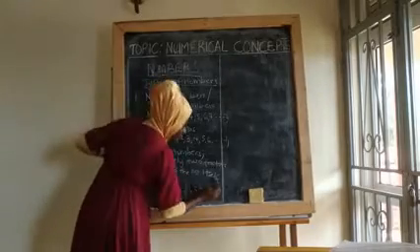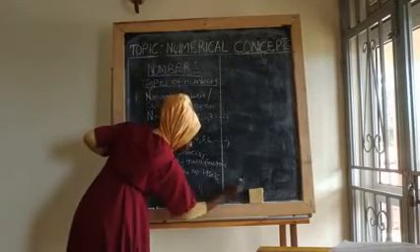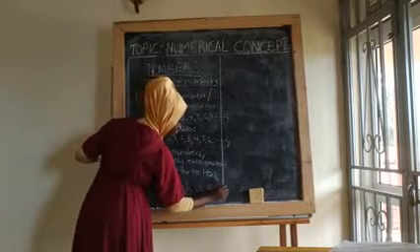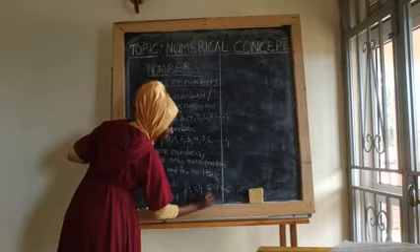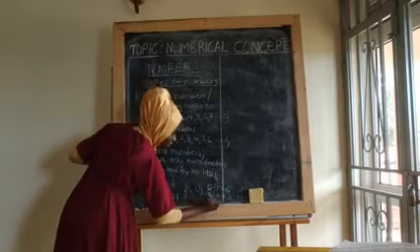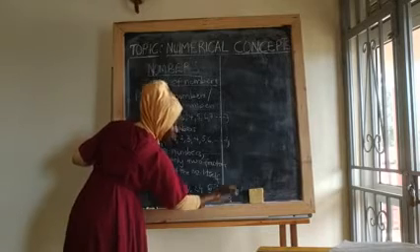When we go to a number like 6, 6 divided by 1, I get 6. 6 divided by 2, I get 3. Then 6 divided by 3, I get 2.